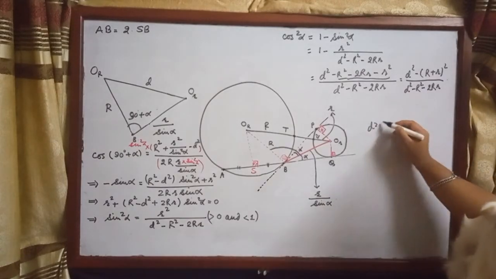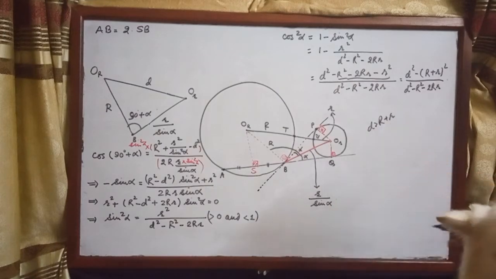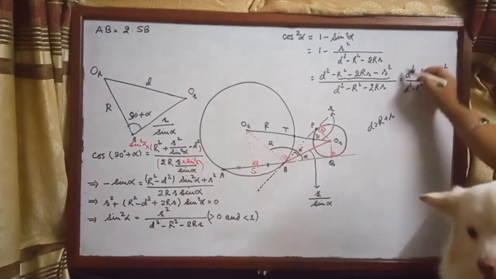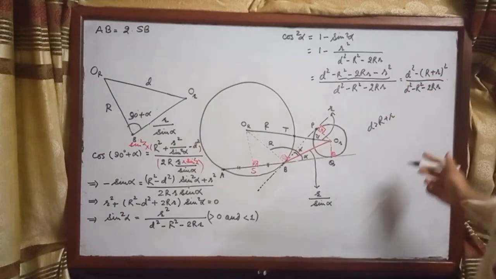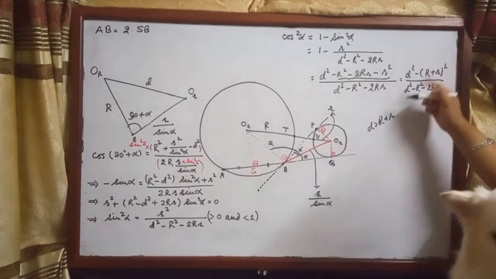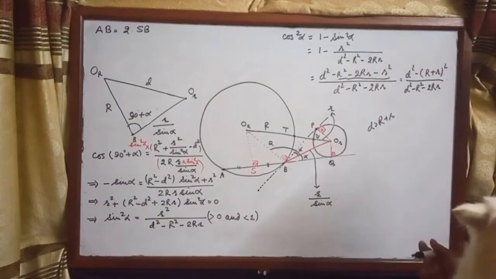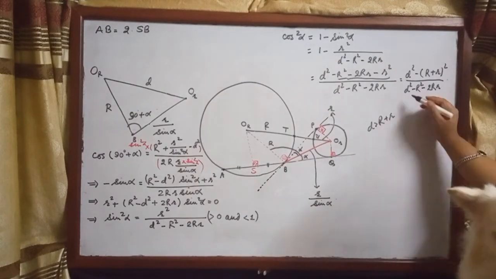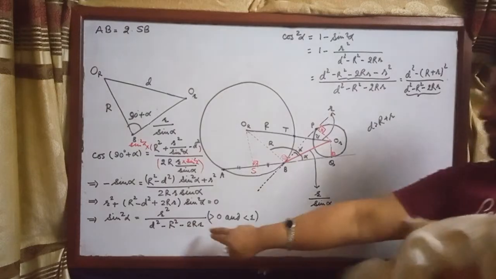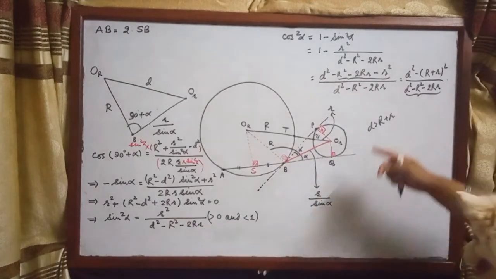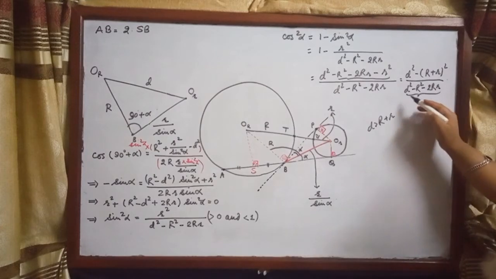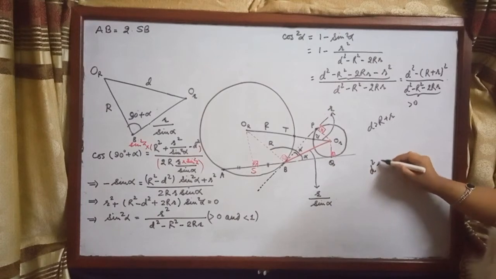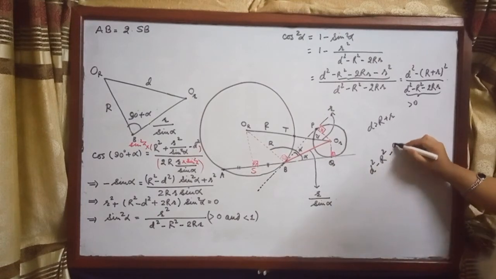Now as d is greater than r plus r plus r, this is greater than 0. This is greater than 0, the upper part, and as we have shown, the lower part is already greater than 0. So this is greater than 0 and less than 1, because d squared minus r squared minus twice r